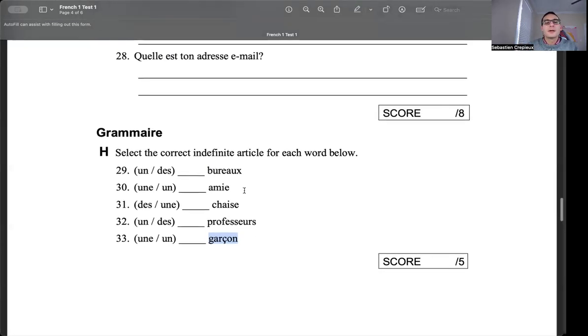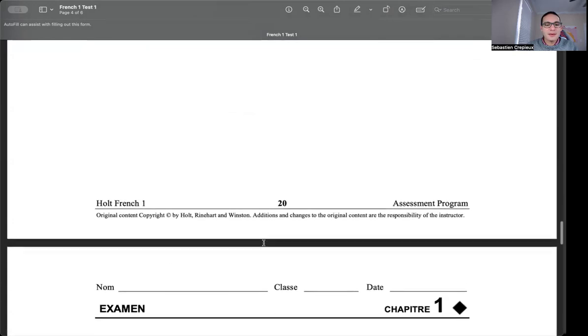Okay? So those words, they are either masculine or feminine. We talked about it earlier. So here, let's say if that's masculine, garçon, what does garçon mean? Think about it. Is it masculine or feminine? It's one or the other. It cannot be both of them. So if you decide it's masculine, you pick un. If you decide it's feminine, you pick une. How do you decide? You need to check the vocabulary list, and they're going to tell you.